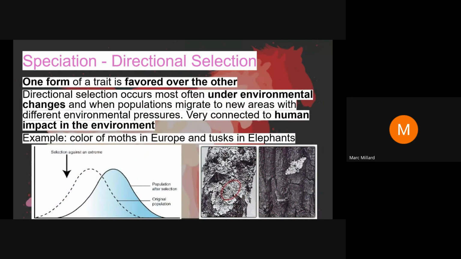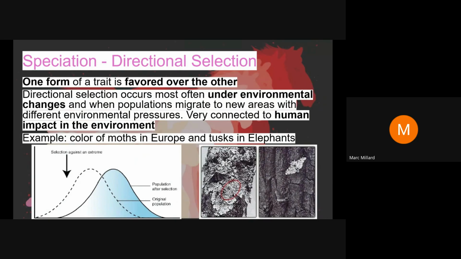And then the last one is what's called directional selection. This is where one form of a trait is favored over the other. Directional selection occurs most often under environmental changes and when populations migrate to new areas with different environmental pressures. This one is probably the most connected to human impact on the environment. For example, the color of moths in Europe or tusks in elephants. If you don't know these two examples,